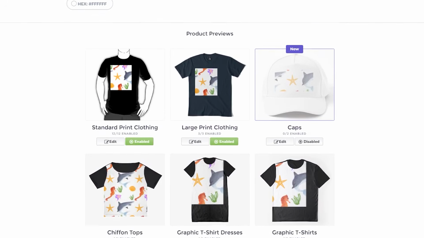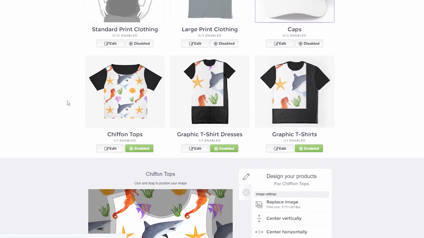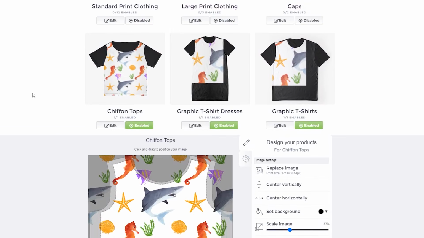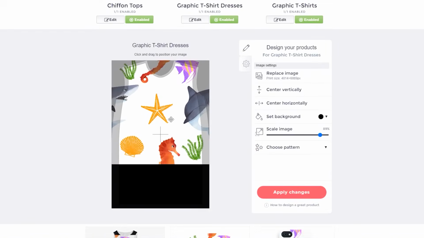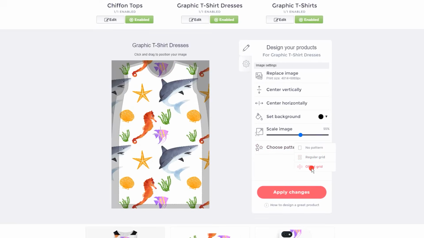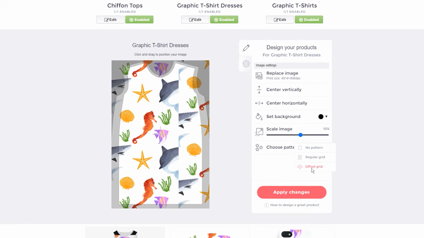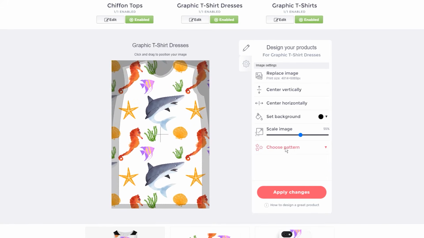And this is important because on some products I will use the pattern feature and duplicate the image. Let's scroll down and check this product. Make the image a bit smaller and then click on the regular grid. Don't use the offset because this will make a mess. With the regular grid, I can see that the elements are connected to each other, which means it is a